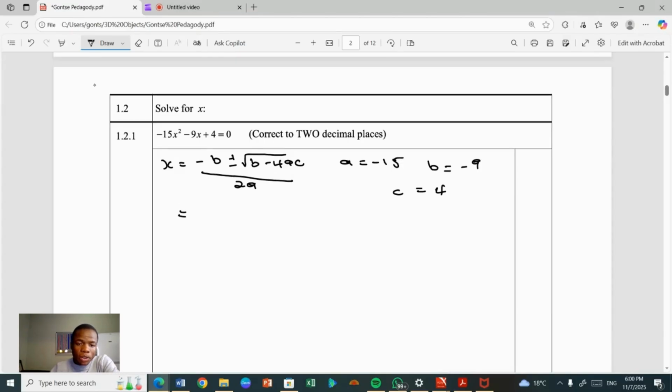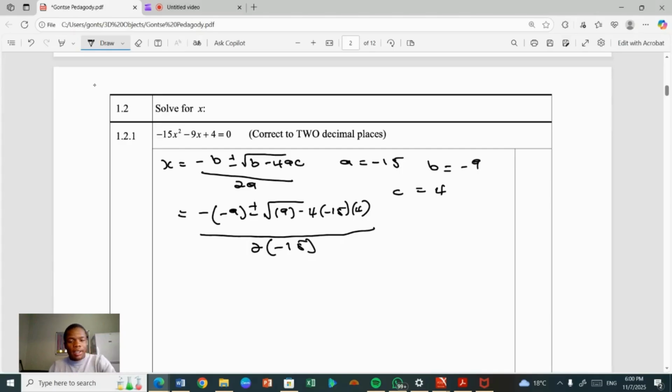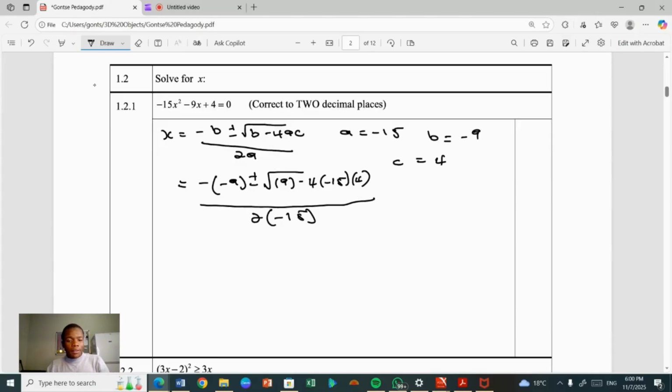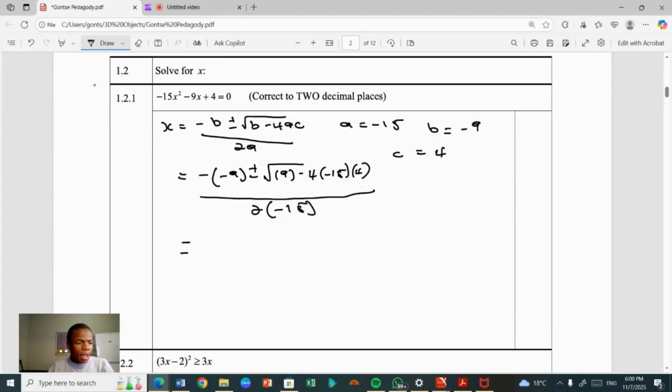So you just substitute in your equation. You have negative into negative 9 plus or minus square root of 9 squared minus 4 into negative 15 into 4, over 2 into negative 15. Then after you punch your calculator, the answer is x is equal to